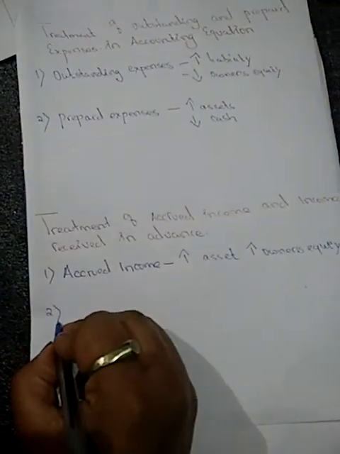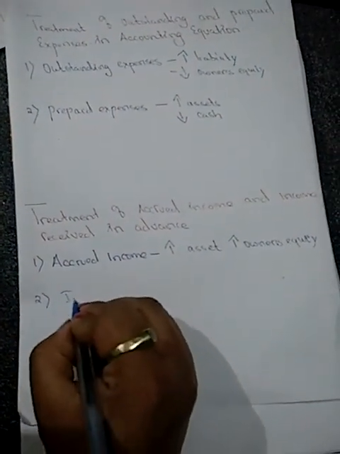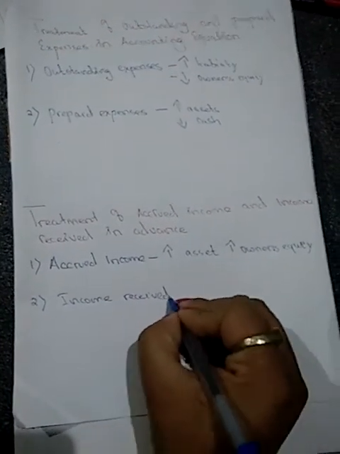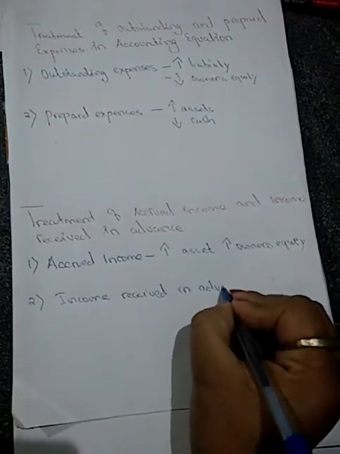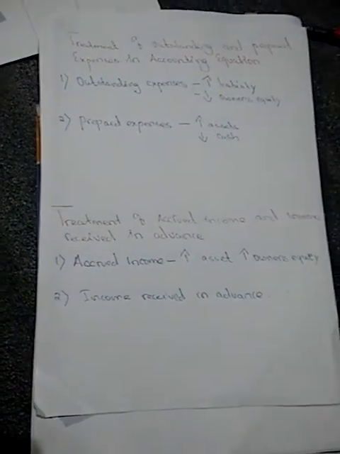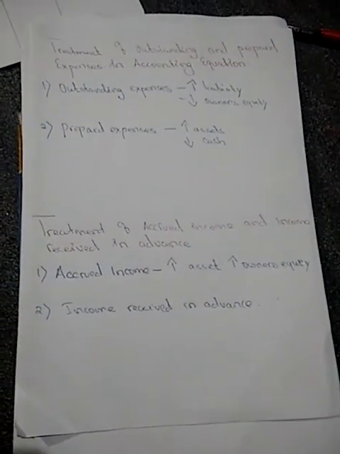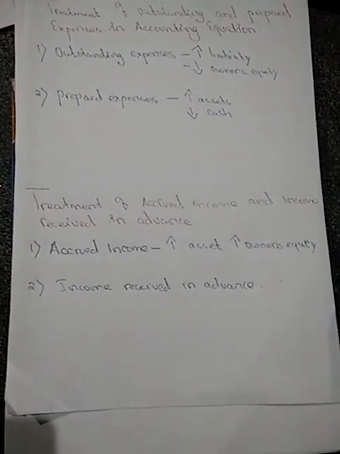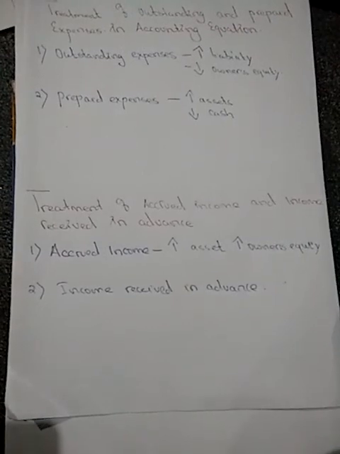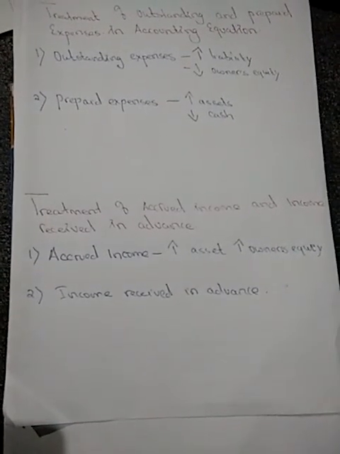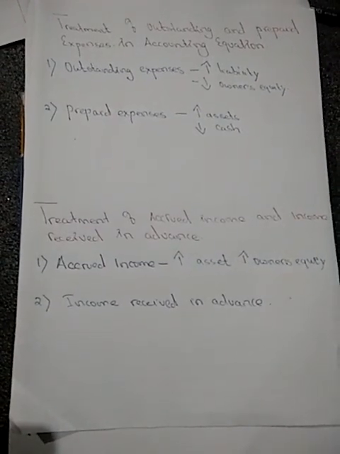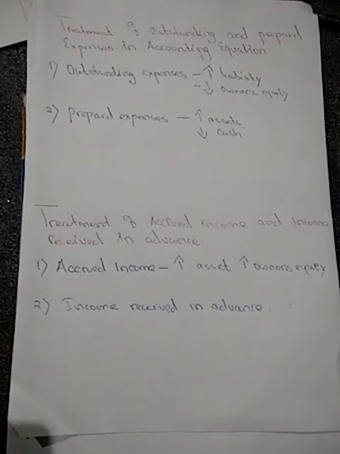Now number two, we'll talk about the income received in advance. So that is the income that you received in advance. For an example, salary received for 3 months. So you are getting salary for 3 months. In such cases, your asset will increase, but in such cases,